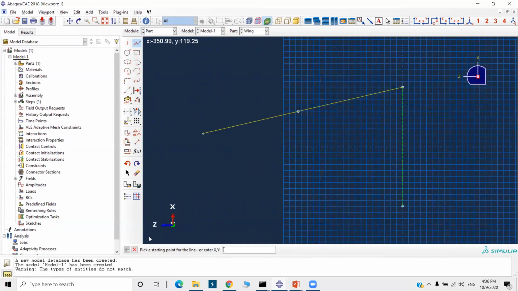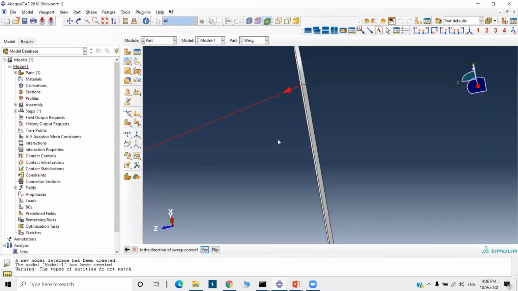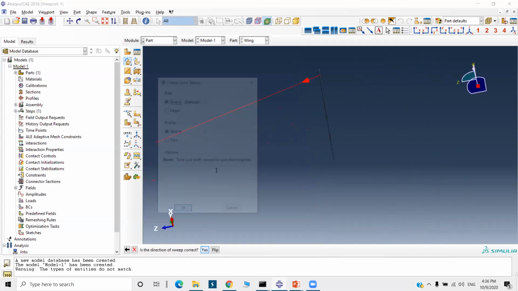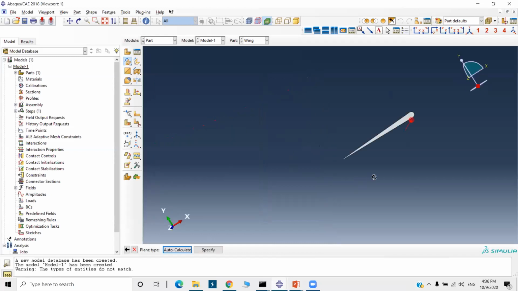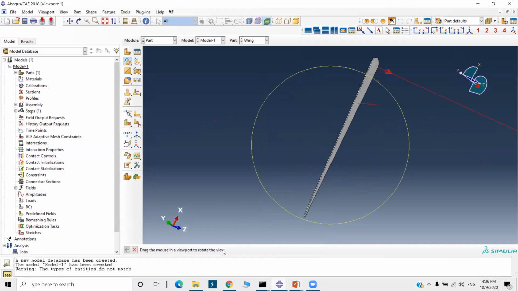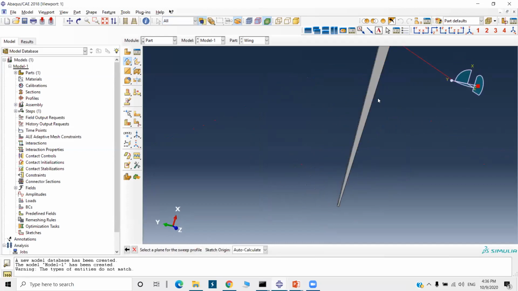This is just a profile. Okay, so the direction is also correct. So yes, the sketch is defined. Now select the profile. This I'm going to select.